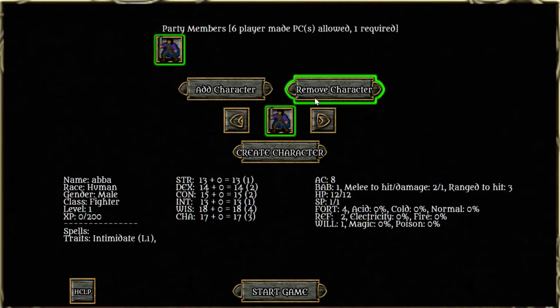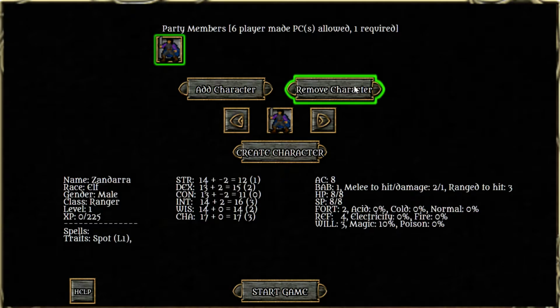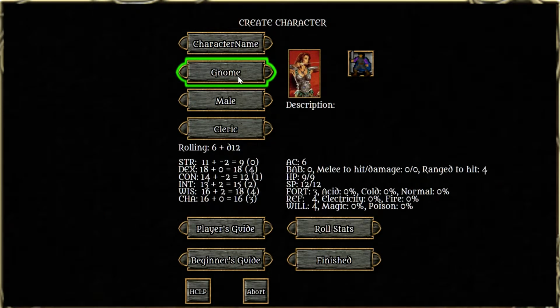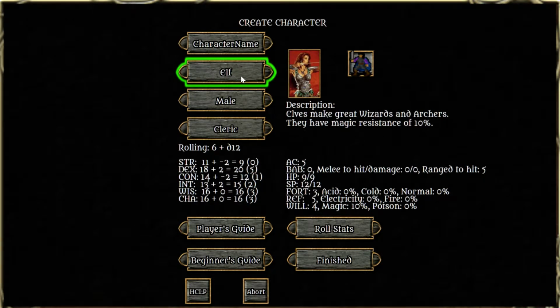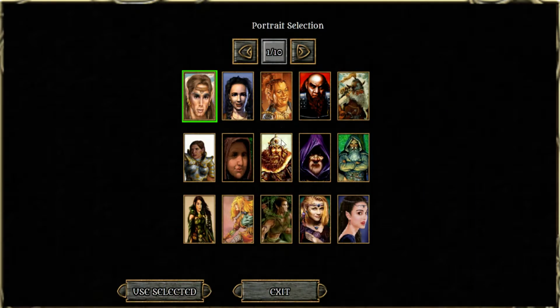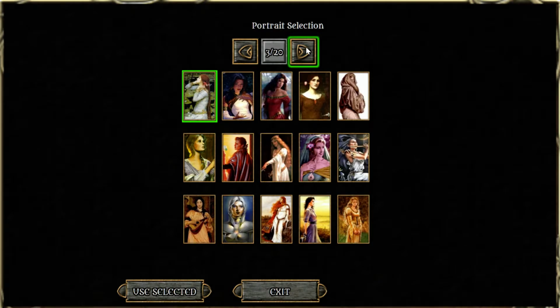So we'll add that character. Now let's create another character. Oh no, I'm sorry, we have to create a new character. We didn't change the portrait or anything. So these stats are better. Let's pick a portrait of an elven ranger. We'll pick